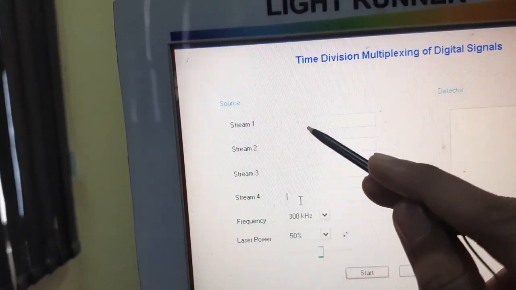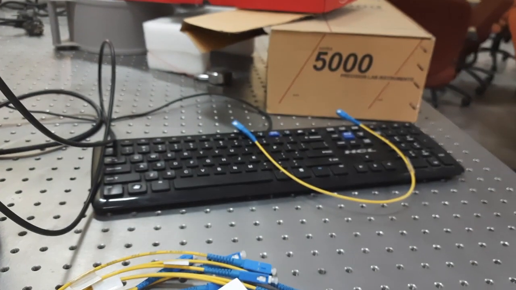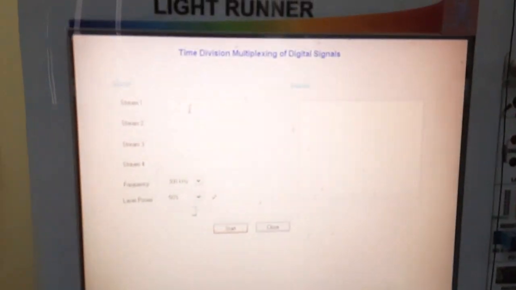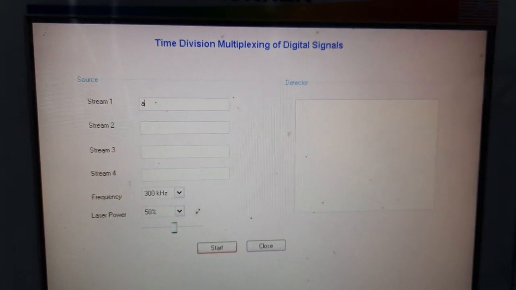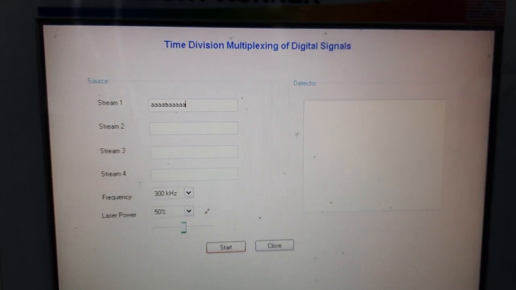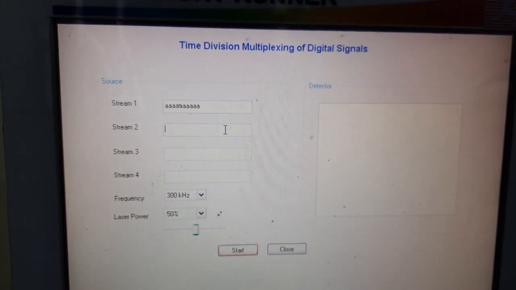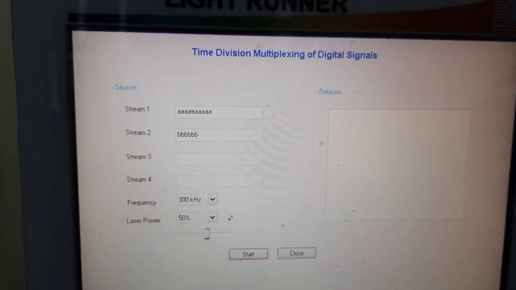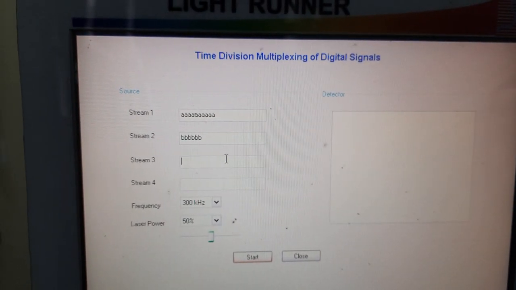So suppose that I am taking a stream. You can give a stream; there is a keyboard connected to this kit. For stream 1, suppose I am giving A. For stream 2 I am giving B. For stream 3 I am giving C,